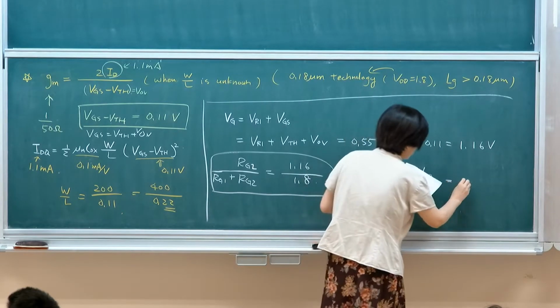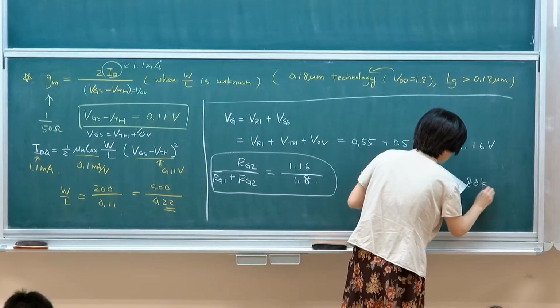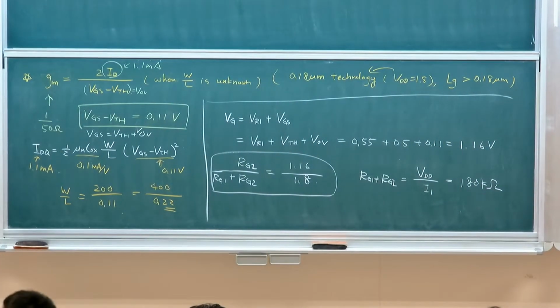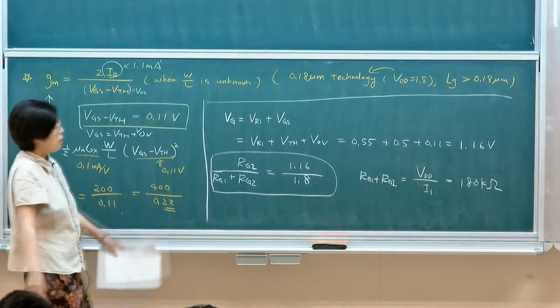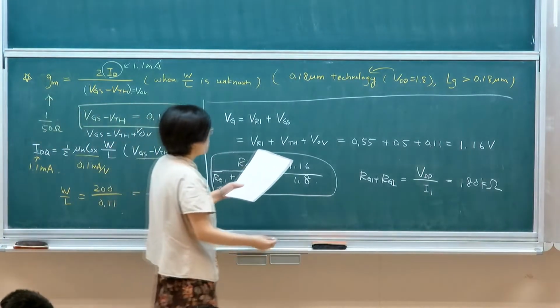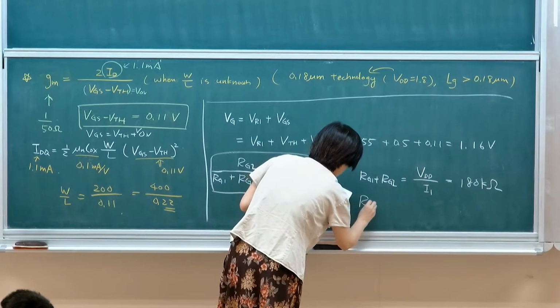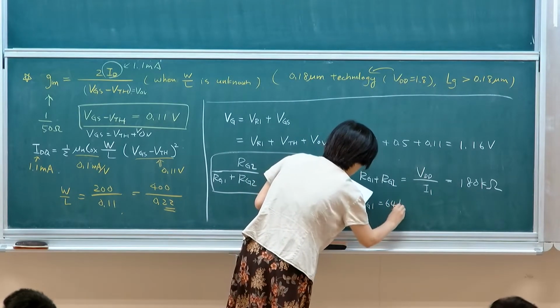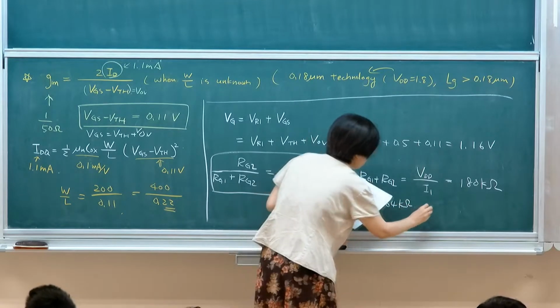So the total resistance, the sum of the resistors, should equal 180 k ohm in order to set I1 to 10 microamp. If you set I1 to 10 microamp, this is what you get, and then we could find out the absolute value. Therefore, RG1 is 64 k, and RG2 is,